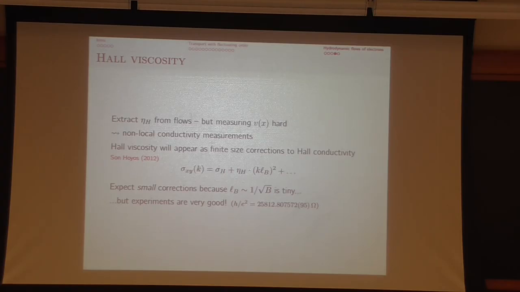So it's still a bit challenging because this coefficient here, this length scale, is the magnetic length, which is extremely small in these systems. But there's still some hope that this might work because it's an area where the experiments are extremely well controlled. In fact, it's even how the quantum of conductance is defined with these experiments. So the idea is to try to find some corrections due to either inhomogeneous magnetic fields or different geometries to measure this Hall conductivity, Hall viscosities.